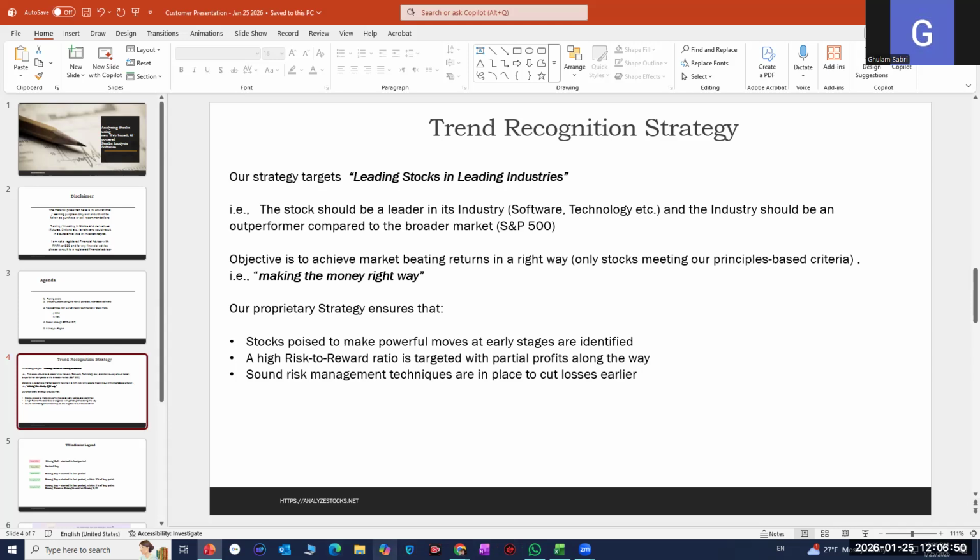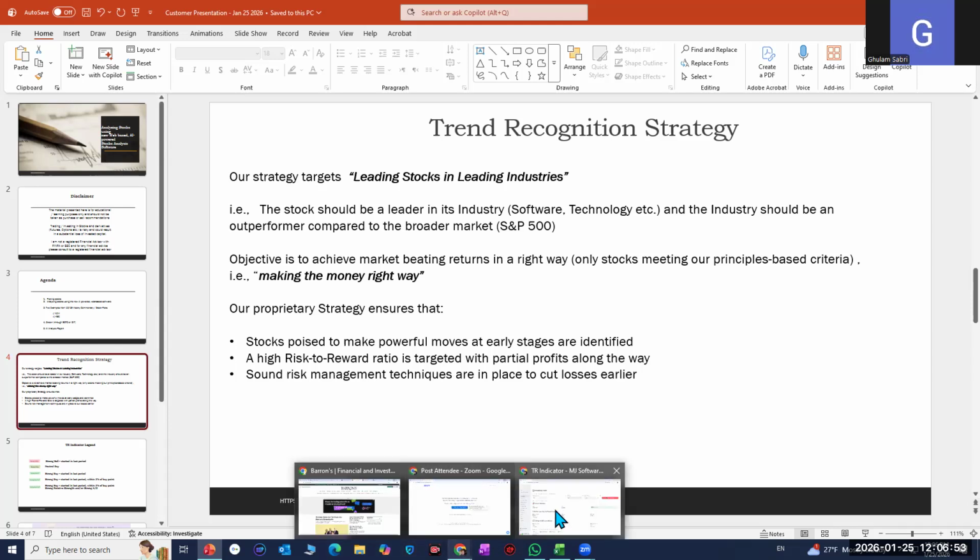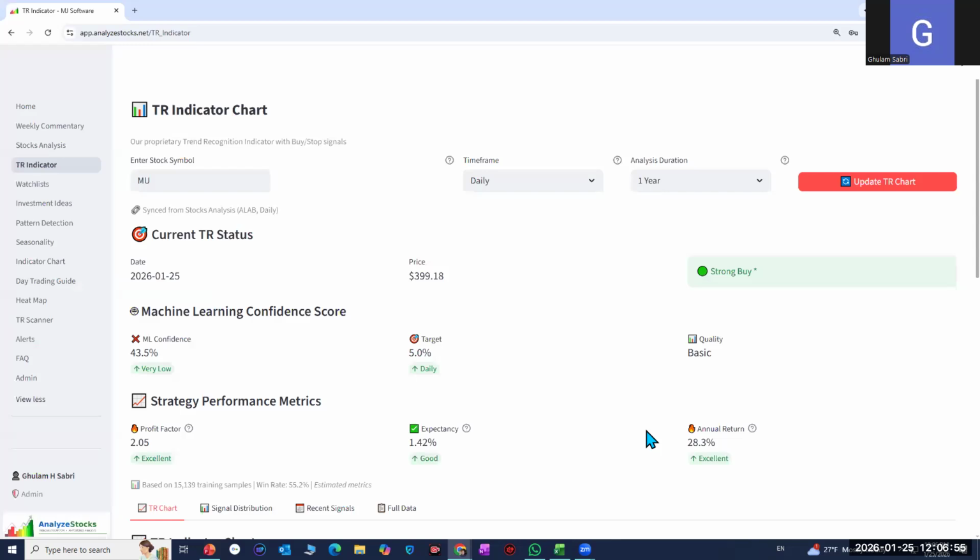Let's jump into our software straight away. When you log into this web-based system, we have a number of options here on your left. I hope everyone